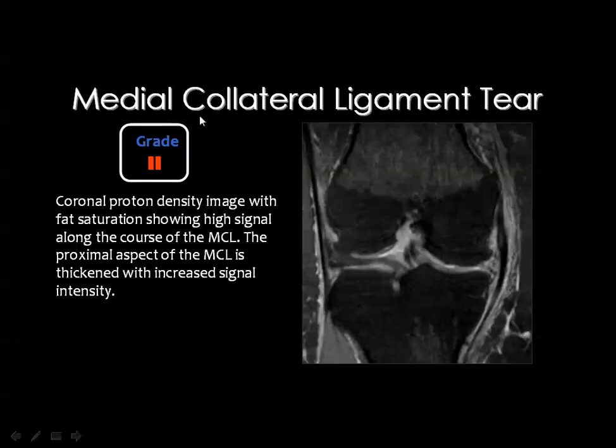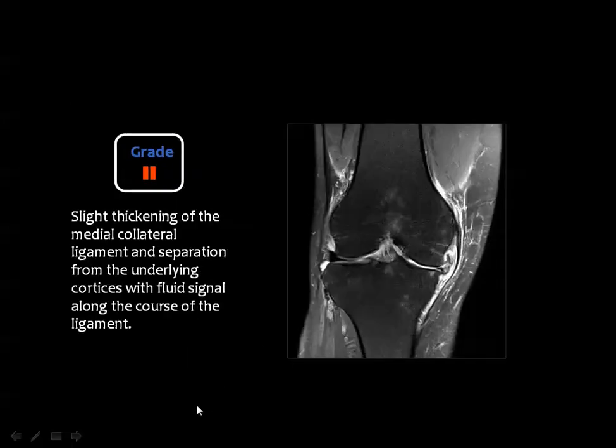Grade 2 injury, the ligament is relatively thickened. It is away from the femoral and the tibial condyles, and its course is surrounded by fluid signal. This is known as grade 2 medial collateral ligament injury. This is grade 2. The ligament is relatively thickened. It is now away from the medial femoral and tibial condyles and is surrounded by fluid signal, and this is